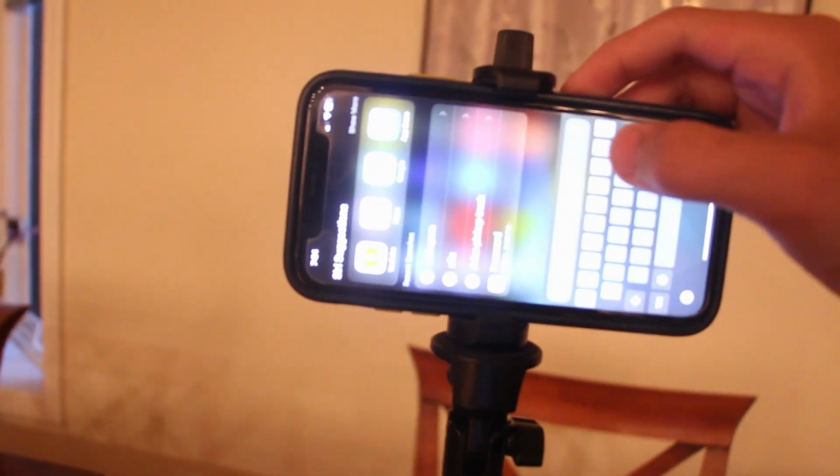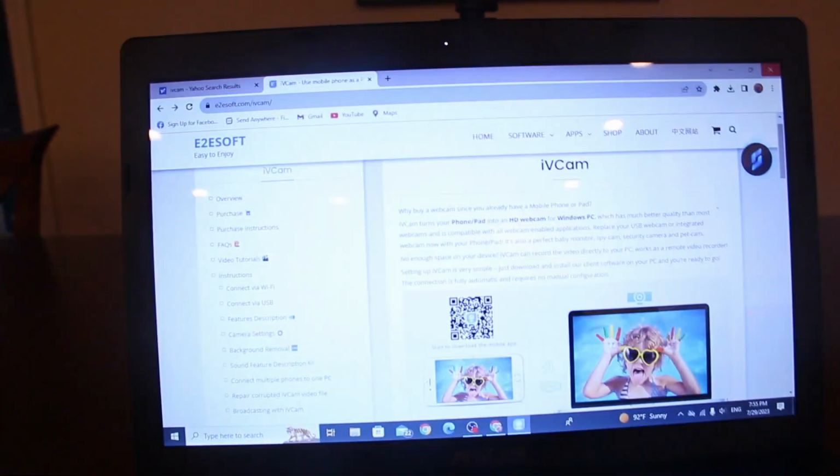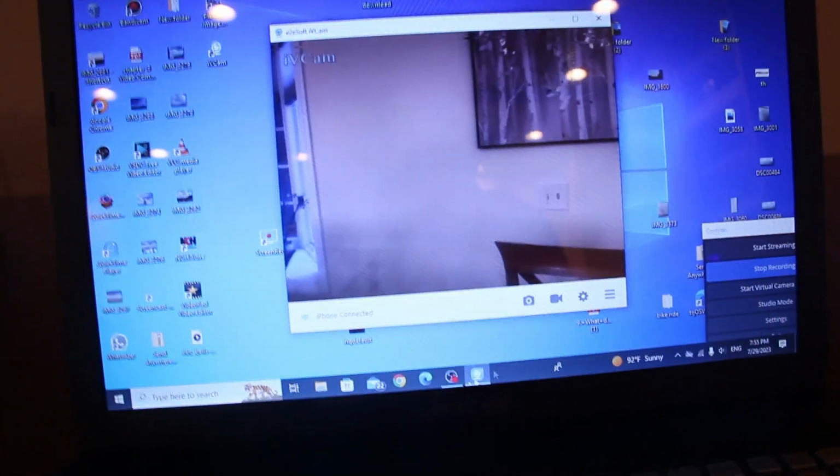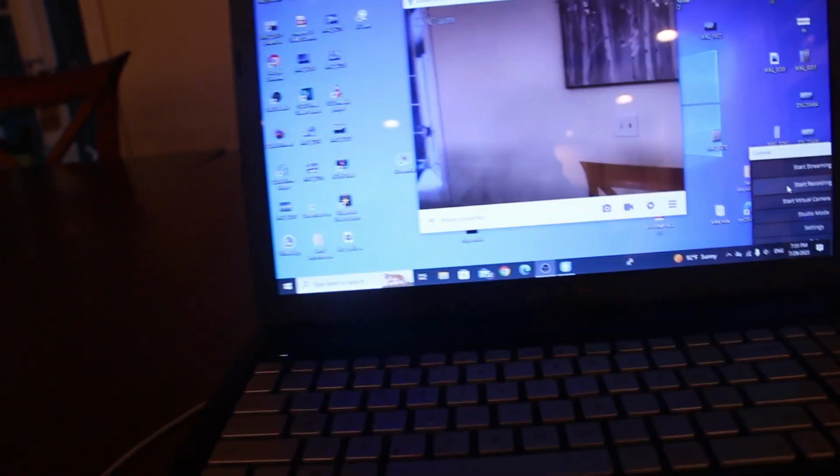On your iPhone, you go to the iVcam. And then you connect the USB cable. Then the computer would recognize. So this is how you connect the iPhone camera to a